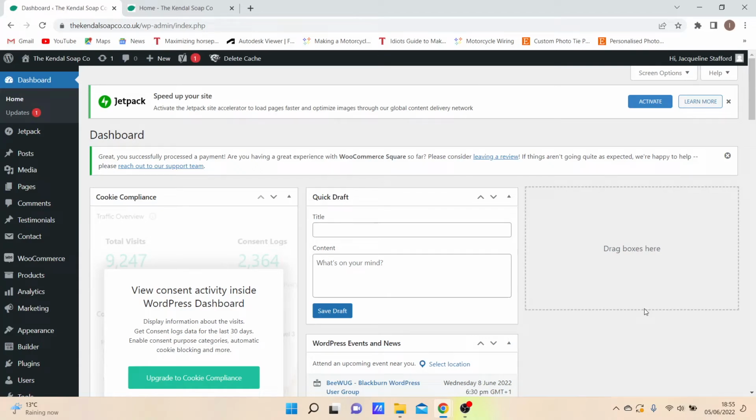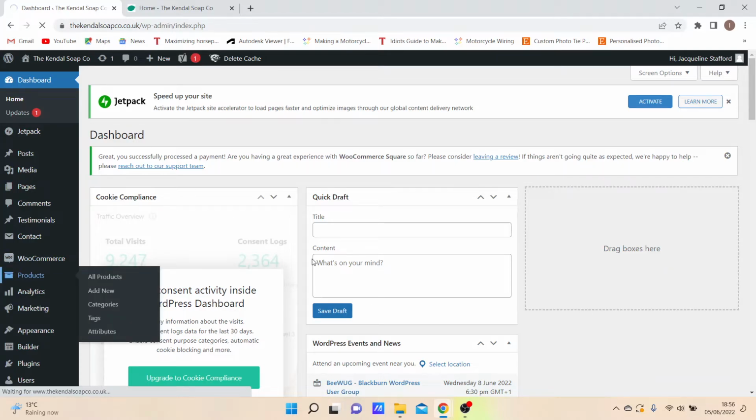SEO, or search engine optimization. This is basically how easily your products or your website can be found on social media. So when you go on Google and do a search for vegan soaps or handmade soaps, how far up the Google search pages are you going to be? Now, this is really easy to implement on your website. So if you go to any product page,